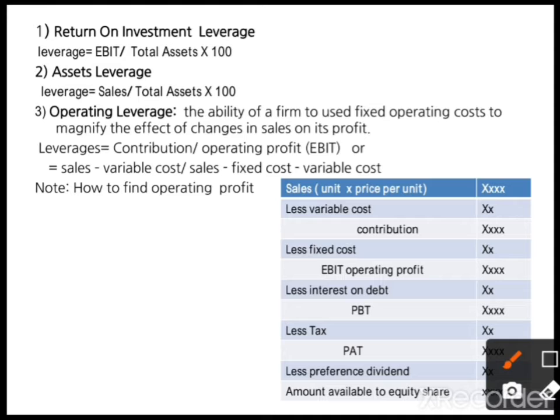And what is the formula to calculate the operating leverage? Operating leverage is equal to contribution divided by operating profit. Dear students, to calculate the operating leverage, contribution divided by operating profit is very important. But these two pieces of information are not directly available in the problem. So first we have to identify the EBIT, and also we have to find out the contribution. Then only we can calculate operating leverage. In the previous class I said this chart is very important to calculate all the operating, financial and combined leverages. So we should keep this format in mind.